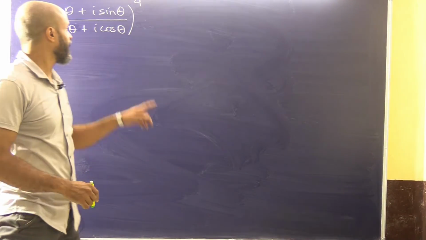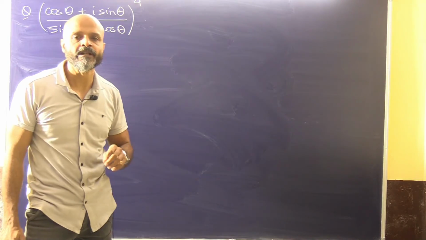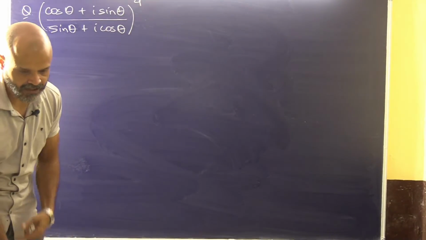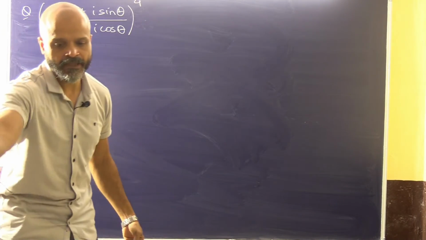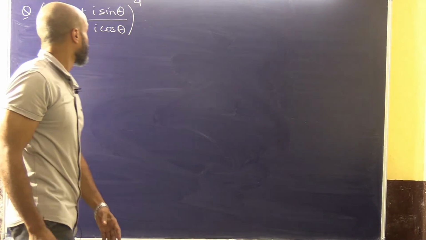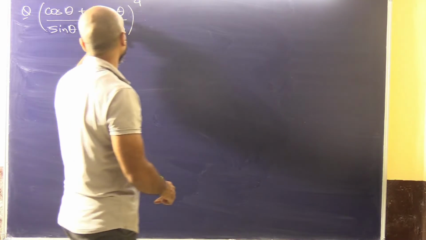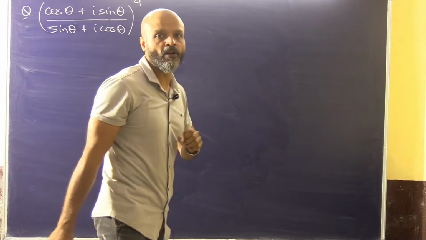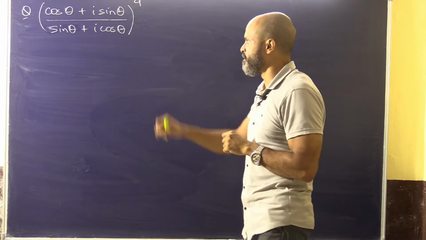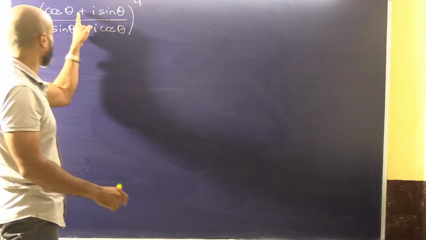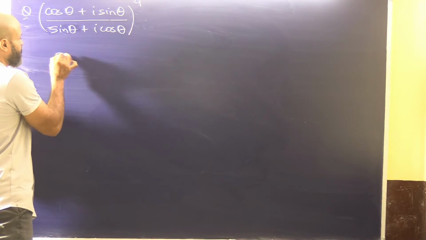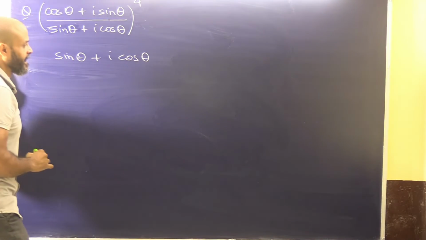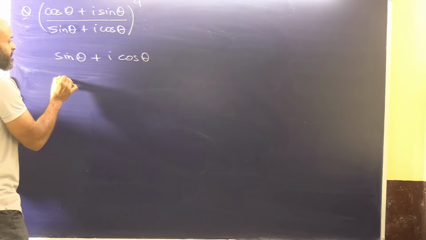Okay, so we have this problem which is basically based on De Moivre's theorem. The purpose here is to ensure that De Moivre's theorem is absolutely clear to you in its applications as well. So what do we have here? Cos theta plus I sin theta. We can easily apply De Moivre's theorem to this format. However, if you look into the denominator part, we cannot apply De Moivre's theorem there. So we have to change it into this format. Let's say we have in the denominator sin theta plus I cos theta. Can we write it in this format?